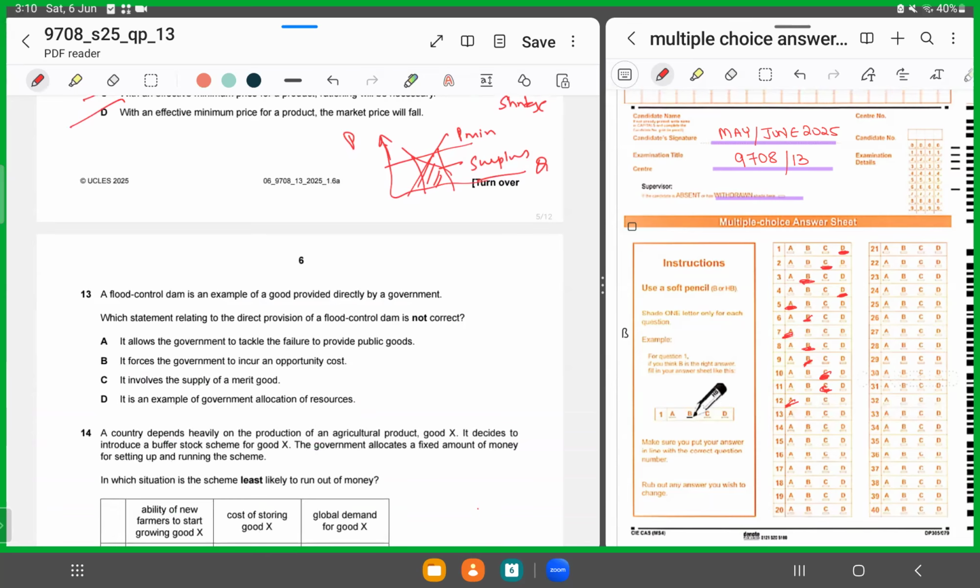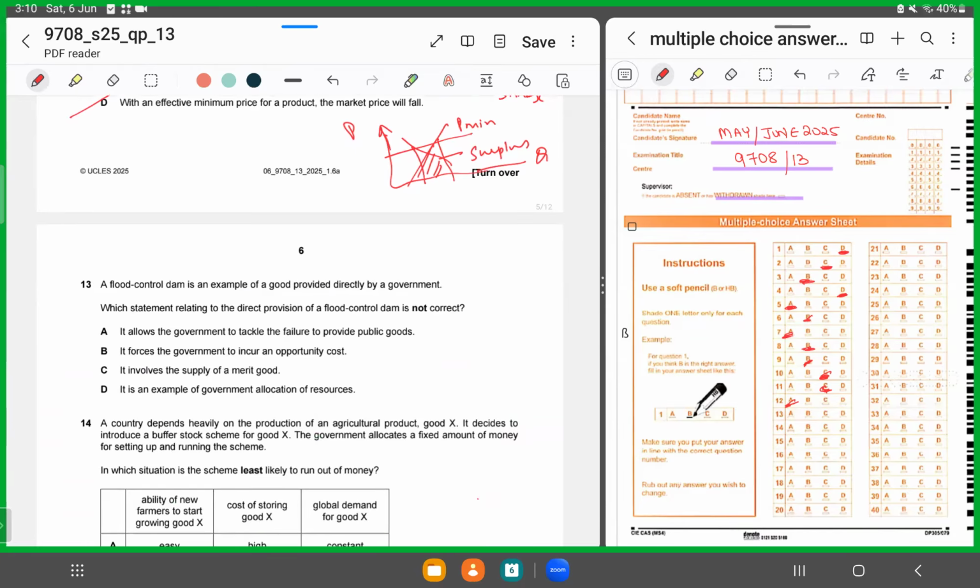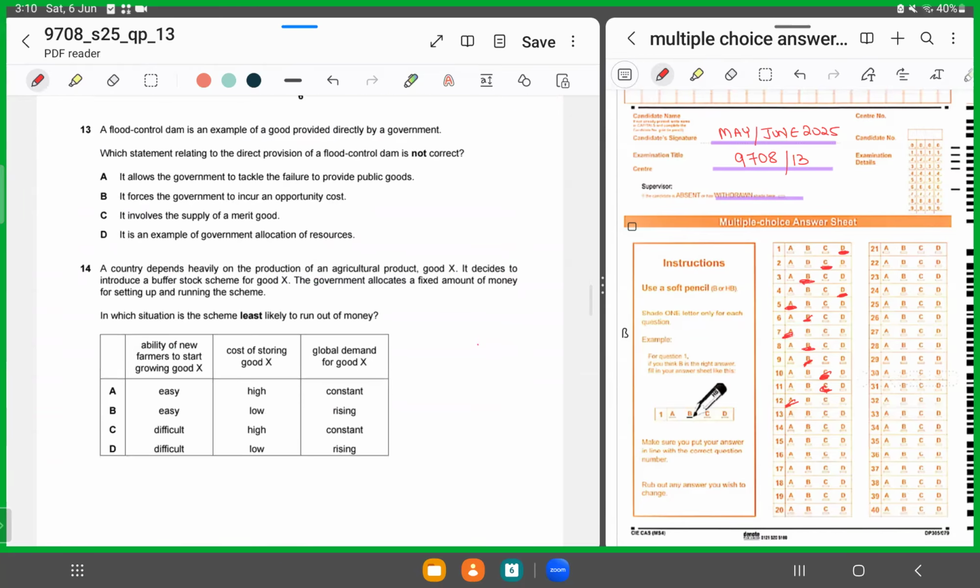Moving forward, MCQ number 13. MCQ number 13 says a flood control dam is an example of a good provided directly by government. So now it's being directly provided by government. Which statement relating to the direct provision of a flood control dam is not correct? That means 3 statements must be correct except for 1. Now, flood control provided by government, what does it look like? It looks like a public good,